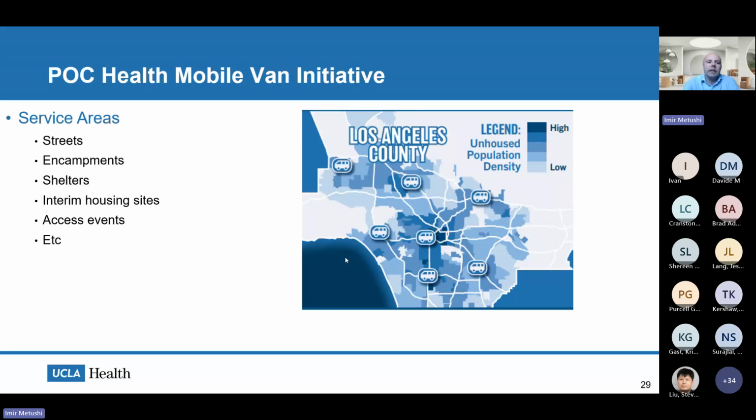How do you train personnel? Where do you put the instruments, right? Where do you put the instrument in a mobile van? And this van was set up to service shelters in the greater Los Angeles area, encampments, interim housing sites, events, etc. And one of the other challenges here is